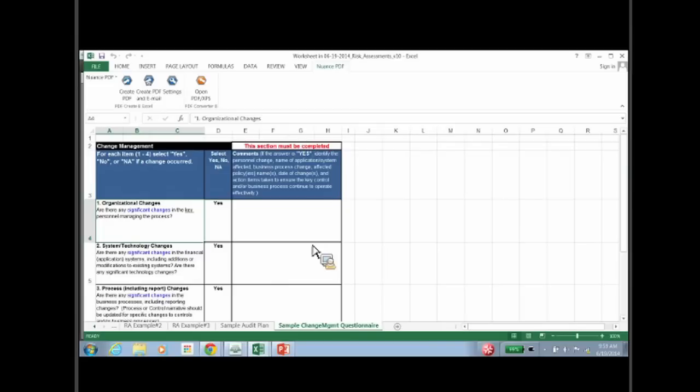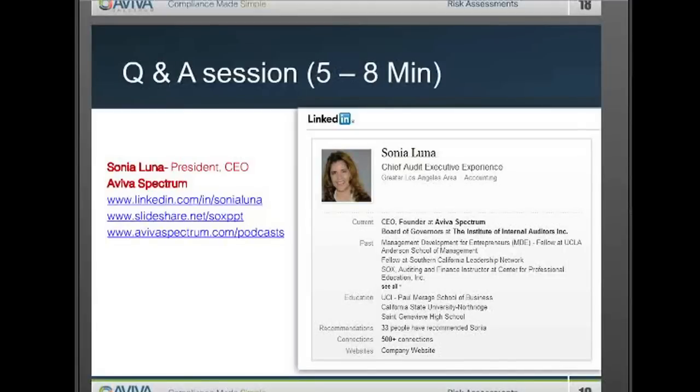In terms of the templates, they are going to be in Excel on the website, so you can download that. Today you can download the PDF version if you'd like to just print it out and get a preview of it. And then another question,